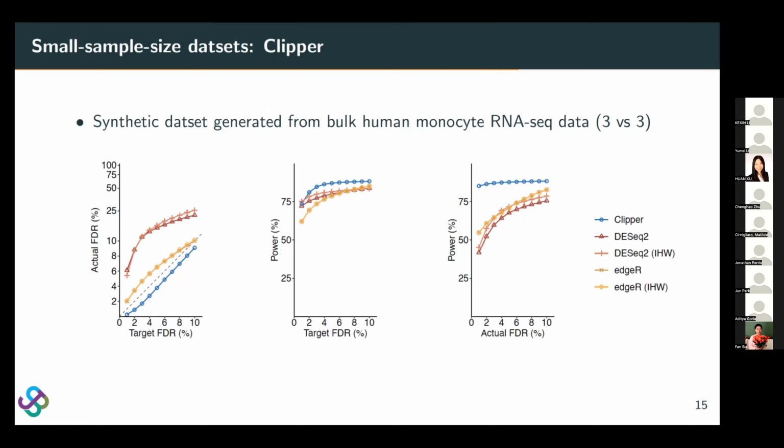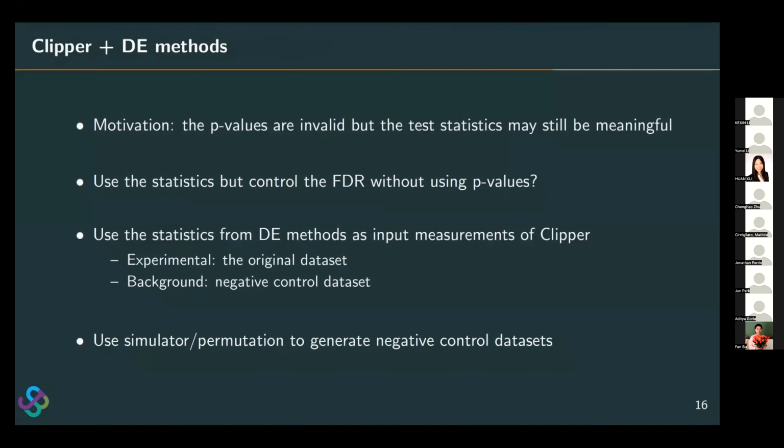In this way, we can fill in the gaps of Wilcoxon for the small sample size problem, and we can also use Clipper as an add-on to existing methods to fill in another gap with datasets with covariates. The motivation of this idea is that although the p-values for those methods are questionable due to violation of parametric assumptions, their test statistics may still be meaningful, which means that if a gene has a higher test statistic from DESeq2